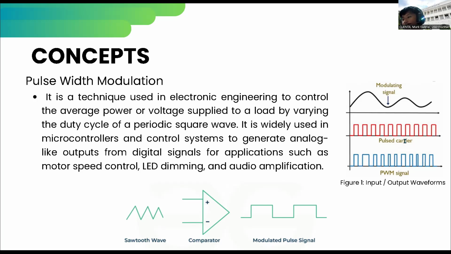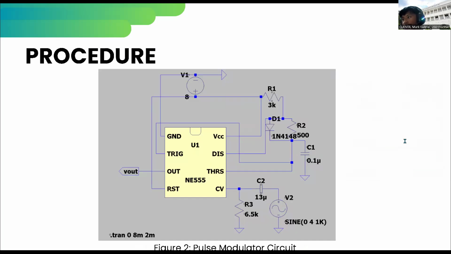So moving on to the procedure. In this Figure 2, it shows my version of the given circuit, wherein I copied the original circuit from the PDF file sent to us in the Blackboard, titled Activity to Generate a Pulse Width Modulated Signal Using LT-Spice. In this procedure, I calibrated some of the parameters to have a better output signal.